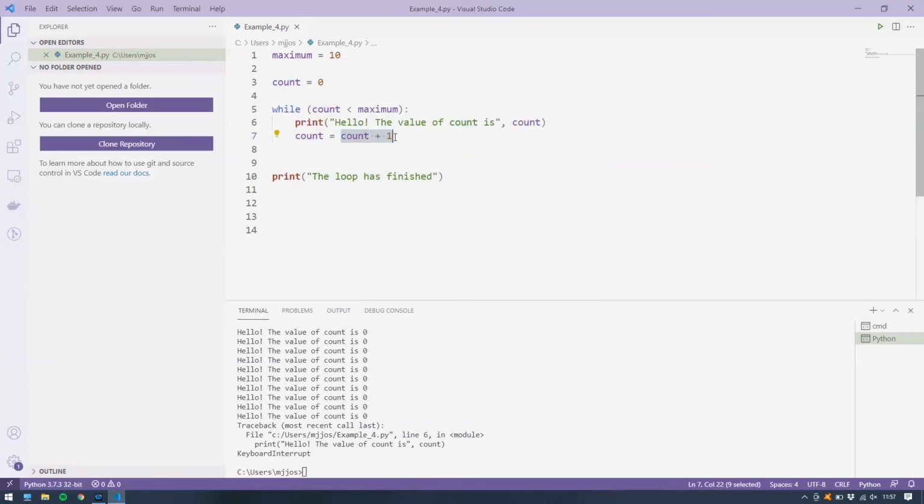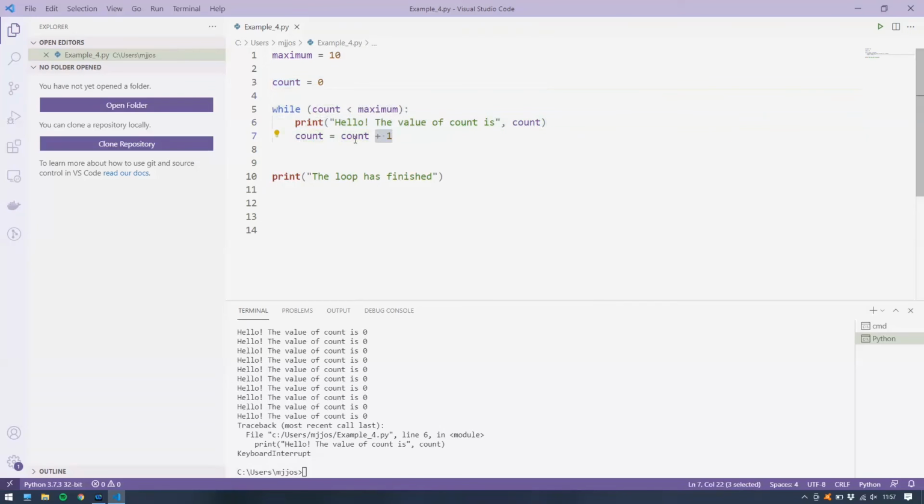The first time the program runs, we know that count is equal to 0. So it's going to let count equal count plus 1. If count is 0 the first time, this will be 0 plus 1, which of course is 1. And it will then store 1 inside the count variable. Python will then reevaluate the Boolean condition on line 5. It'll now be saying, is 1 less than maximum? Is 1 less than 10? That will be true, so it will print the line, and then we'll come down here again and add another